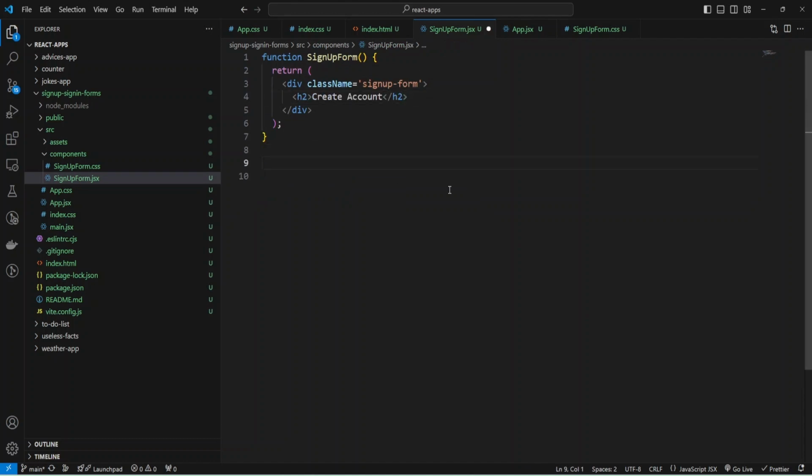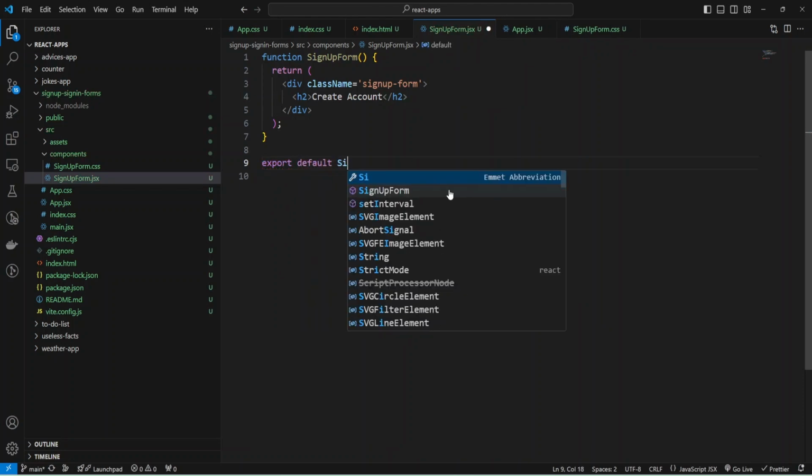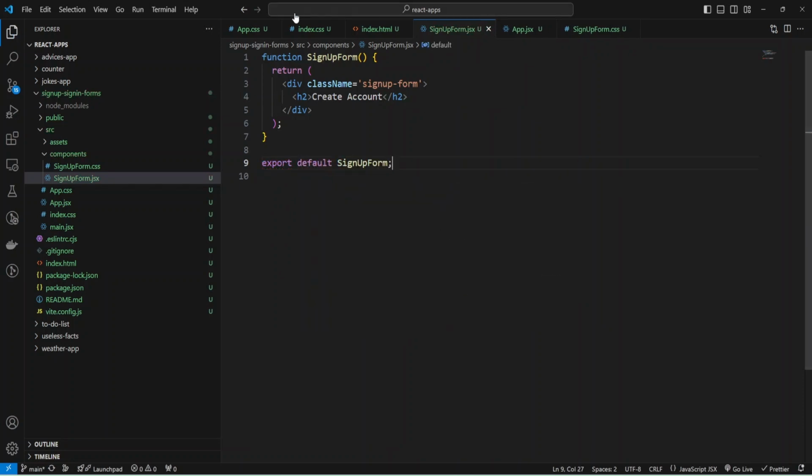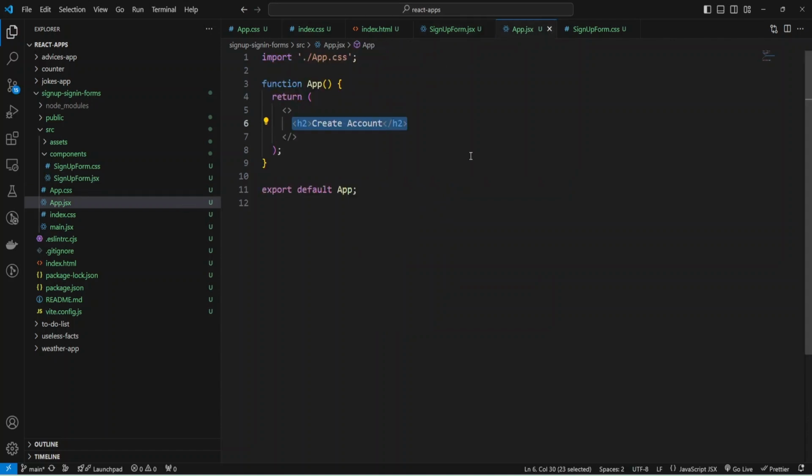And now I can export my form, export default SignUpForm, and import it in my app.jsx and return. Let me do it.